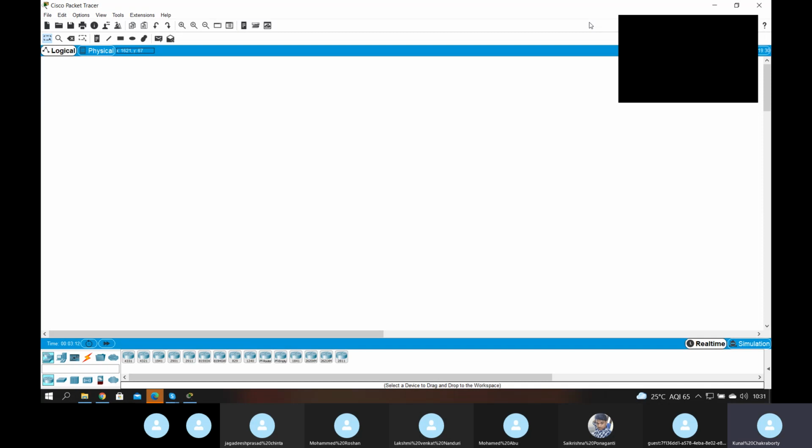And in CCNA, you are going to configure everything, all the concepts, everything will come in between these routers and switches.